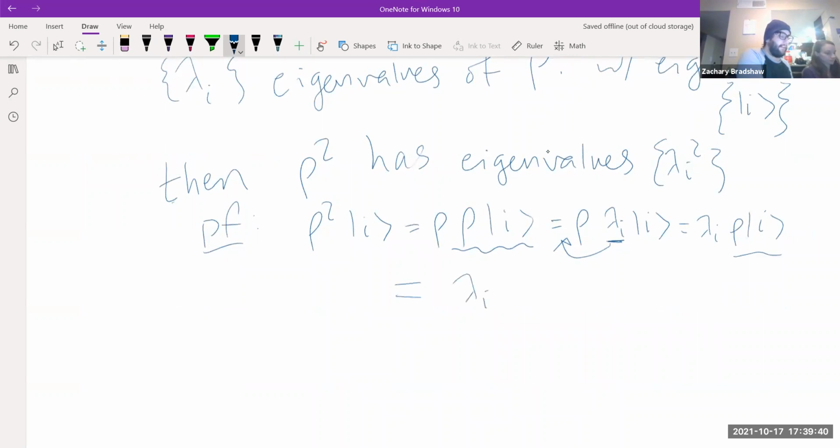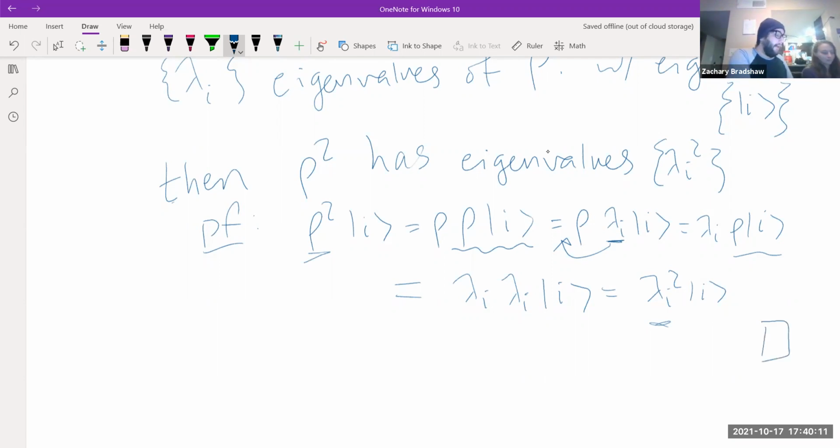This is lambda I times lambda I |I>, which is lambda I squared times |I>. So every eigenvalue of rho, when you square it, gives you an eigenvalue of rho squared. And since they're the same size matrix, you've exhausted all the possibilities for the eigenvalues. Some of them could be degenerate, but